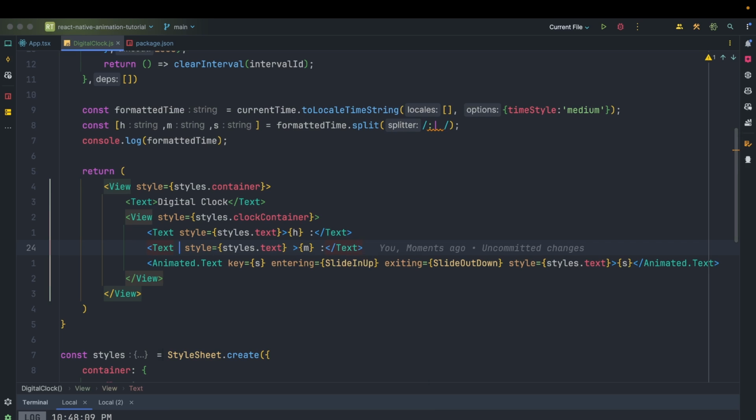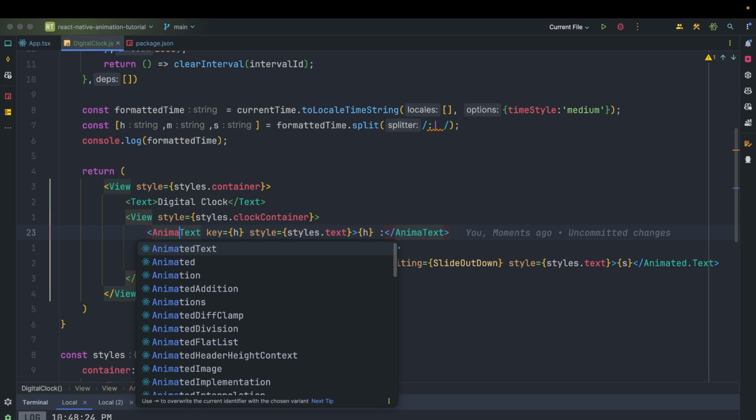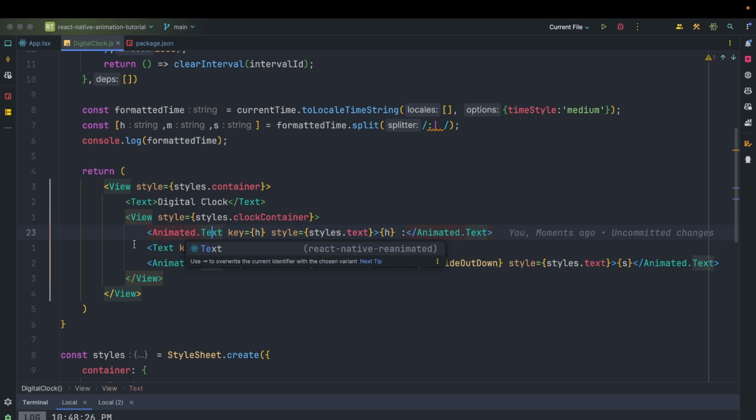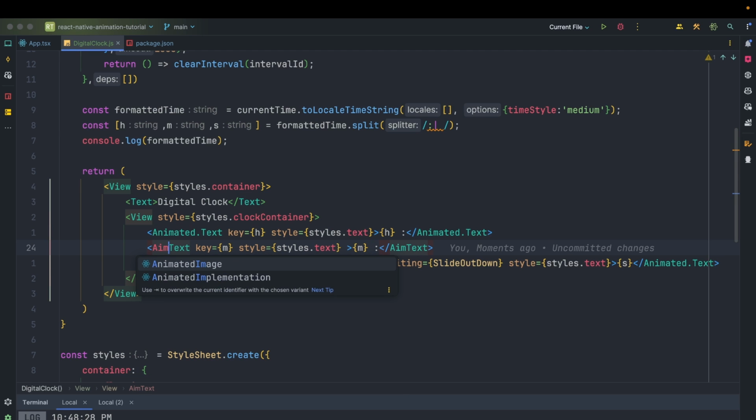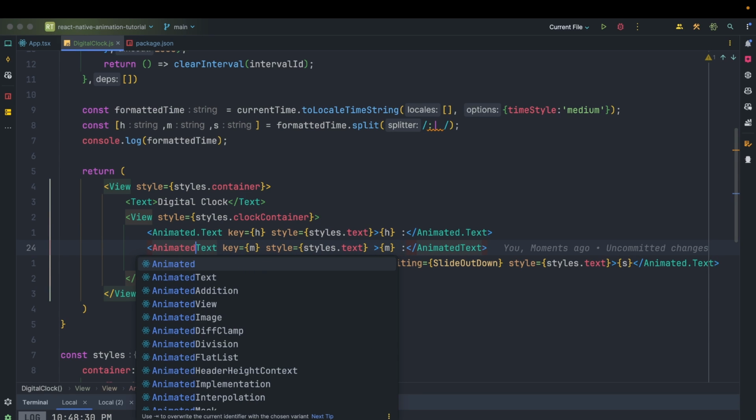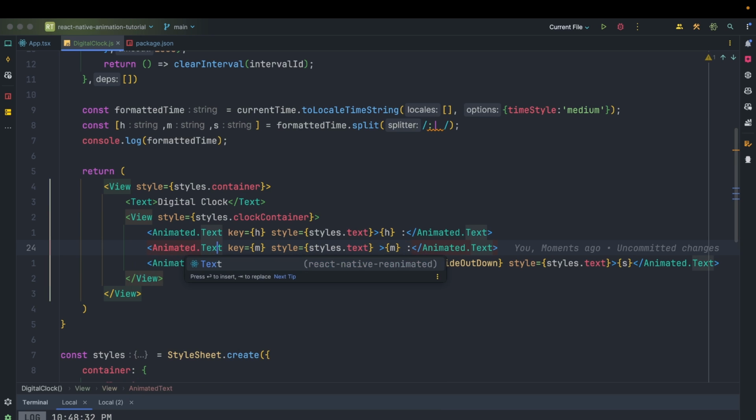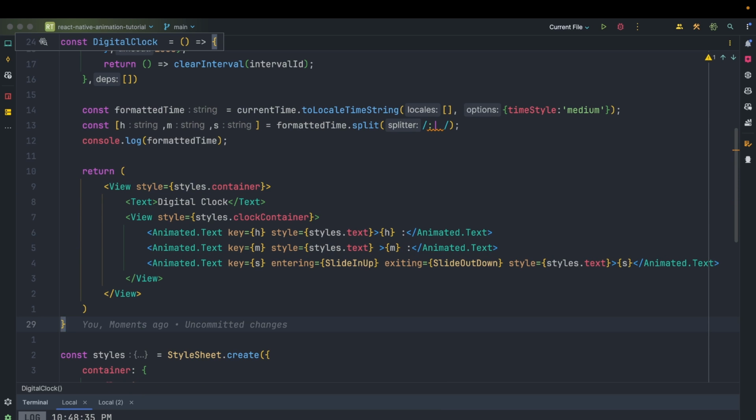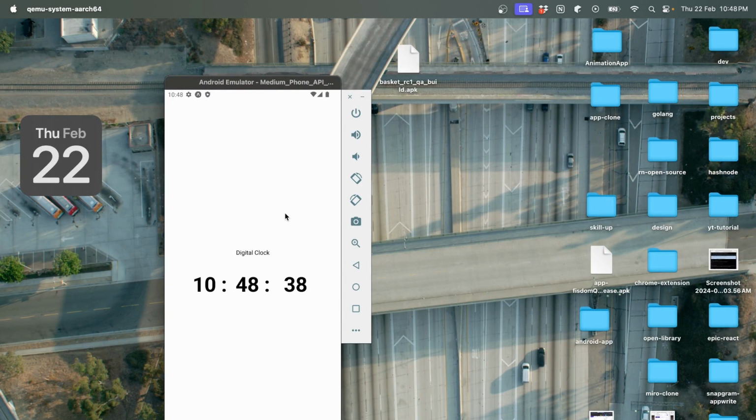Now similarly we can pass it to our minute as well, and similarly we can have it on hour. And we can have this Animated.Text. Cool. And if we just go over here, currently it is taking complete space, as much space